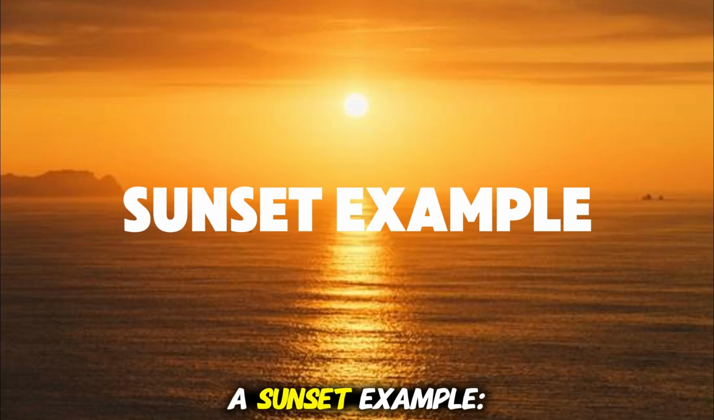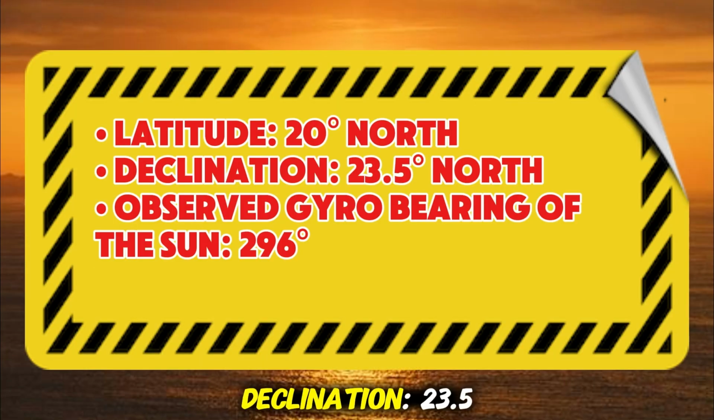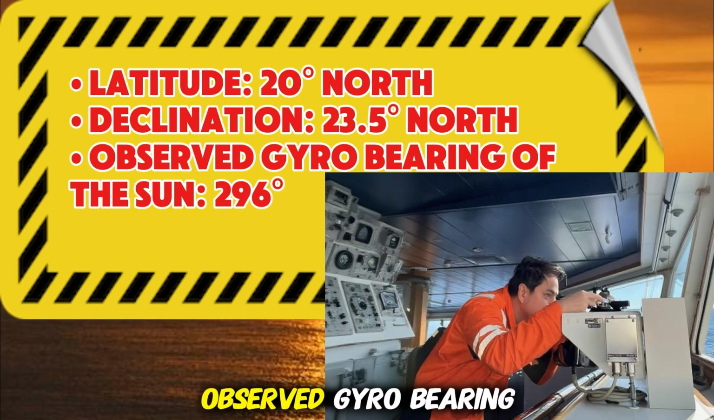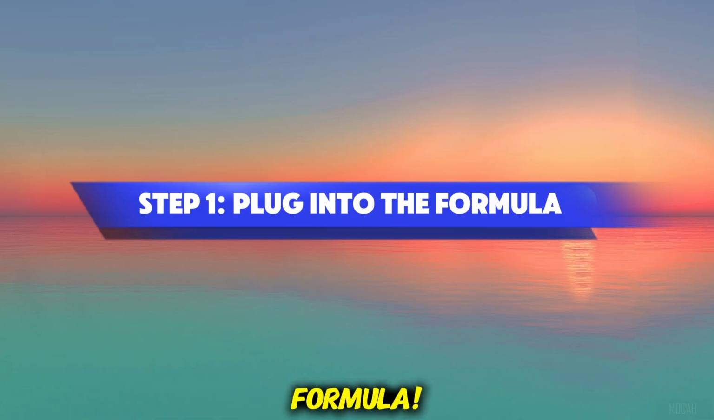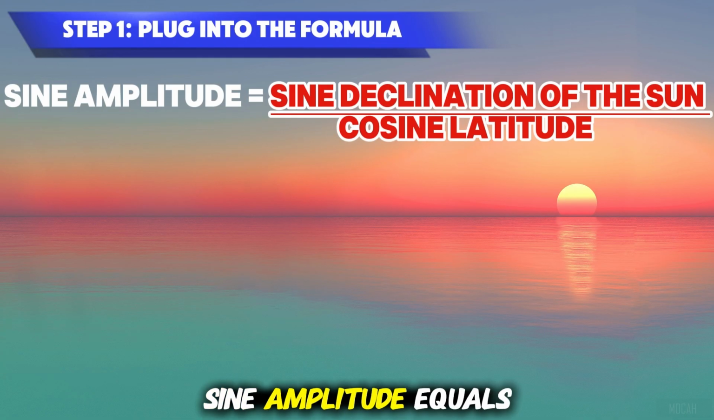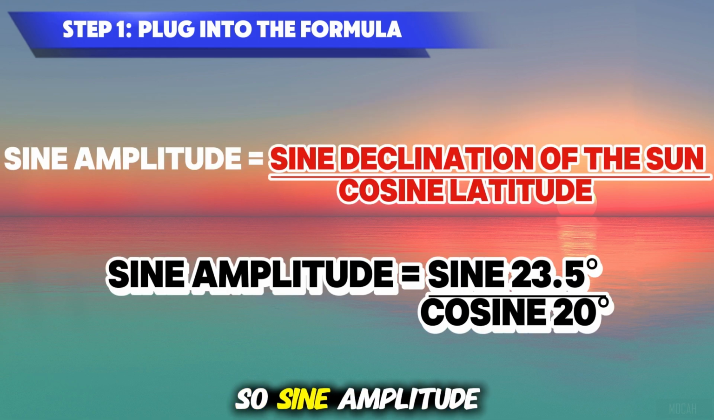Now let's try a sunset example. Latitude, 20 degrees north. Declination, 23.5 degrees north. Observed gyro bearing of the sun, 296 degrees. Step 1. Plug into the formula. Sine amplitude equals sine declination of the sun divided by cosine latitude. So, sine amplitude equals sine 23.5 degrees divided by cosine 20 degrees equals